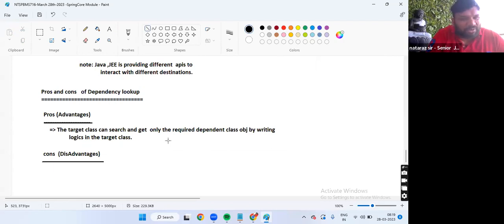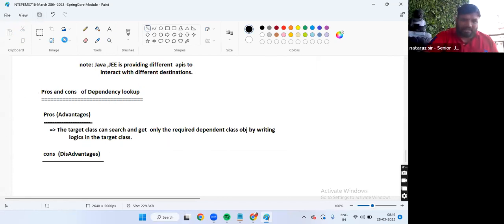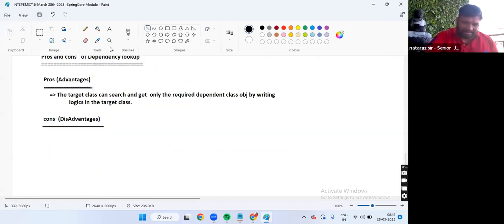It's a bit of a burden to the programmer, na? It is definitely a burden to the programmer. Programmer should sit and write some logic to search and get the dependent class object. It is definitely a disadvantage.